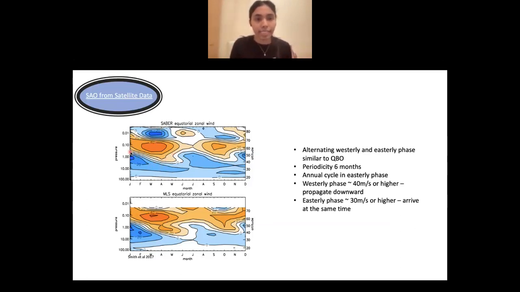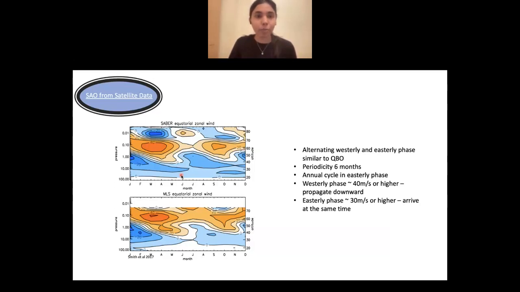And if we look at the westerly winds, we can see that it kind of propagates downwards, which suggests that it may have a forcing mechanism similar to QBO, like the wave dynamics. And the next is the easterly phase. And as you can see, it kind of appears at a range of altitudes together. So it makes more sense for it to have a forcing that is applied horizontally, not vertically. So yeah, these are basically the important properties of semi-annual oscillation that I'm interested in.